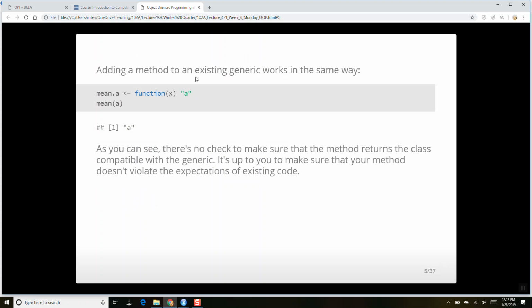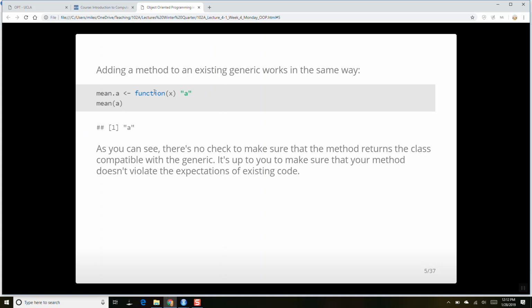You can take functions that already exist, like for example, the function mean is already a function that exists in R, but it's a generic function, which means it makes a call to UseMethod. And therefore, if you create a function called mean.A, then R will recognize and say, oh, you've given me an object of class A, and so I have to use mean.A, all right?